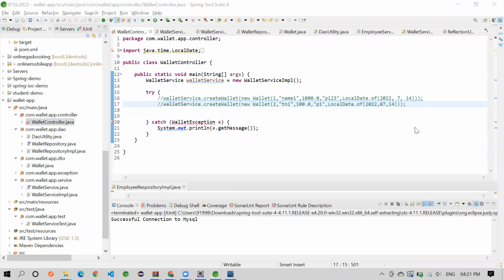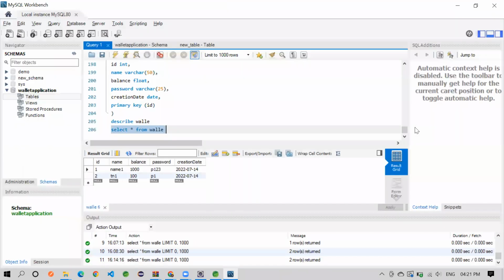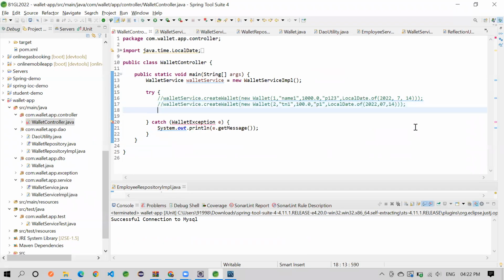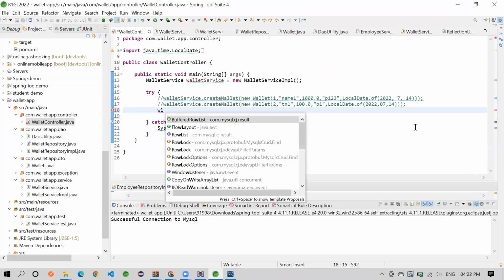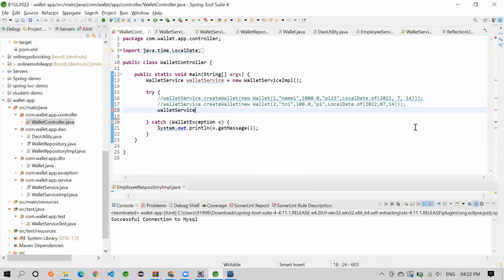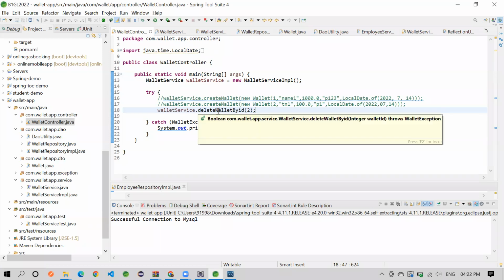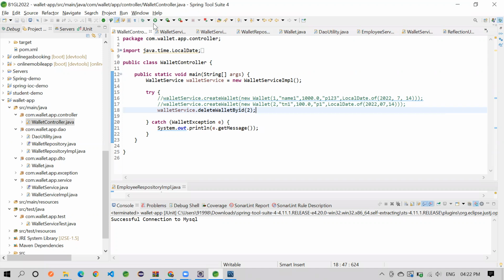So now I want to check whether my method is working. I want to delete the ID2. So go for valid service, call the delete valid by ID, pass the ID2. When I run it, it should be able to return me true or false. Correct? Now if I run it,